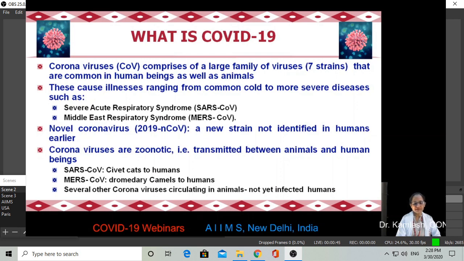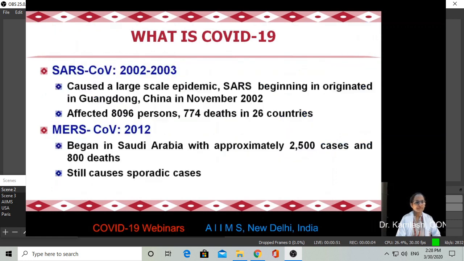There are several other coronaviruses circulating in animals, but which have not yet infected humans. Now, the SARS coronavirus epidemic that happened way back in 2002-2003 caused large-scale devastation, originating in China in November 2002. It affected over 8,000 persons and led to almost 800 deaths in 26 countries. The MERS coronavirus, in 2012, began in Saudi Arabia with approximately 2,500 cases and 800 deaths, and still it causes some sporadic